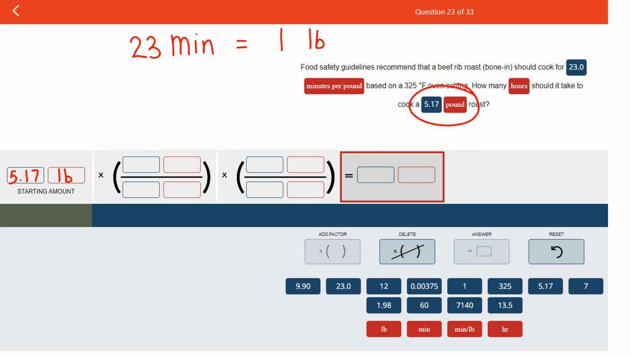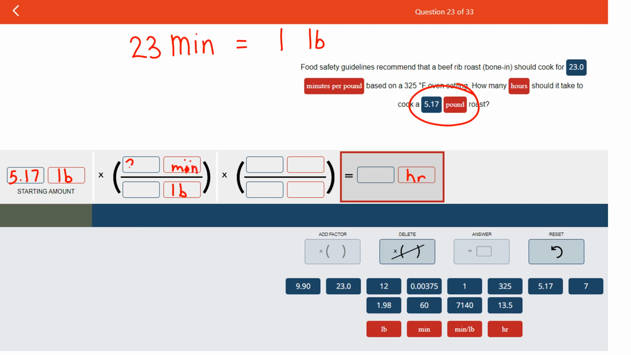So I'm going to drop my 5.17 in. I'm going to drop my pounds in. So now the question is asking me how many hours. So I'm trying to get to hours in this. I need to figure out a way to get from pounds to hours. And then I have this conversion factor that allows me to go from pounds